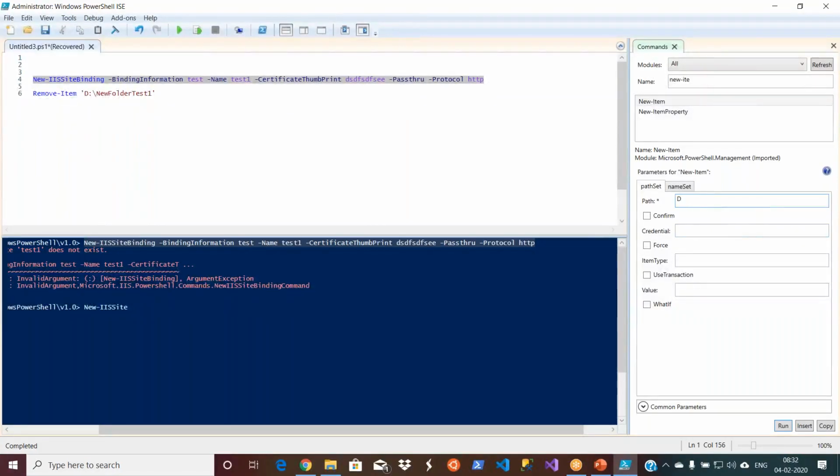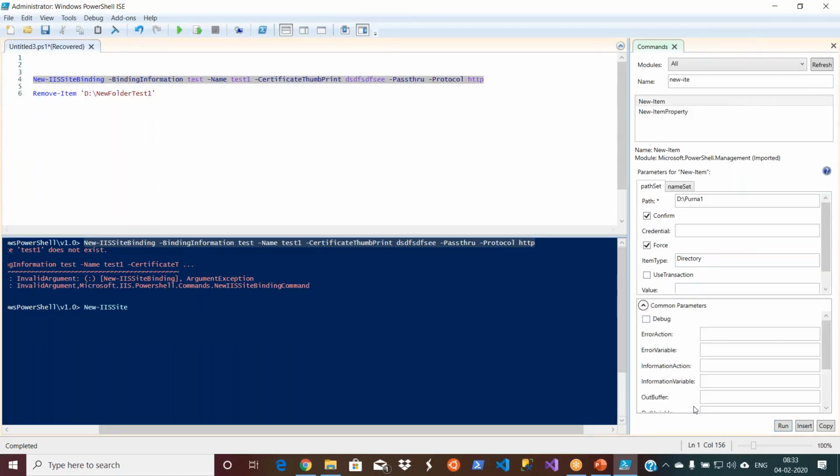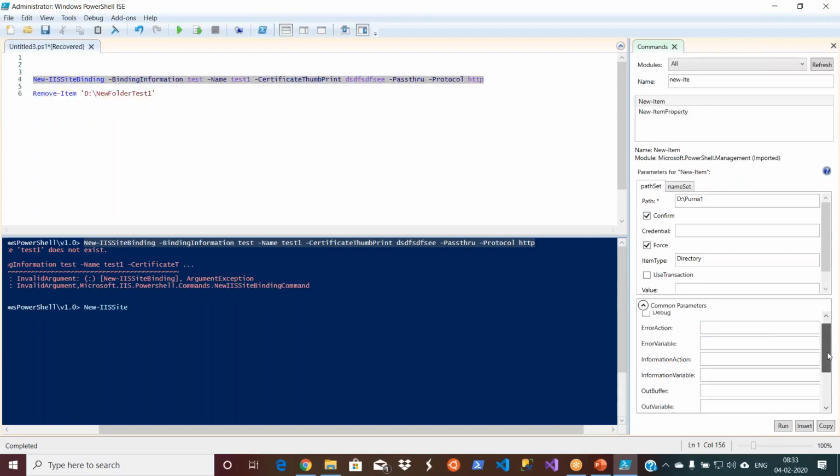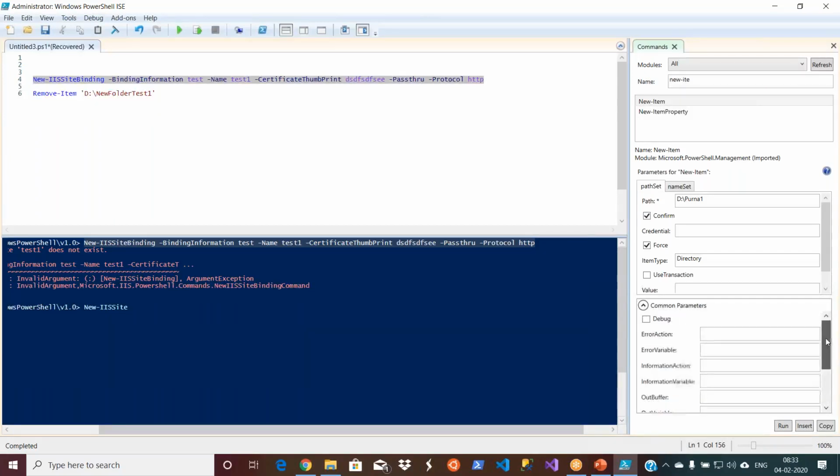Let us say Pune, Pune one, and then click on confirm. I don't want any credential, just force, and item type is, let us say, directory. I'm not using any other stuff, and then common parameters, which will be available for everything.